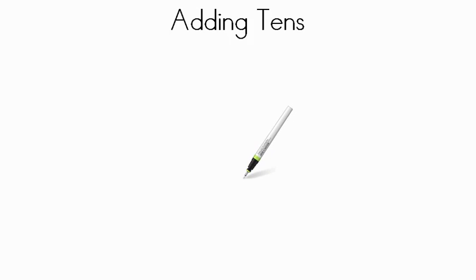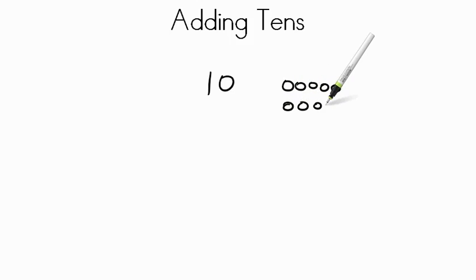Hi there, today we're going to practice adding tens. So if I show you the number 10, that really means 10 of something. 1, 2, 3, 4, 5, 6, 7, 8, 9, 10. There's 10 of them. So if we add another 10 to it,